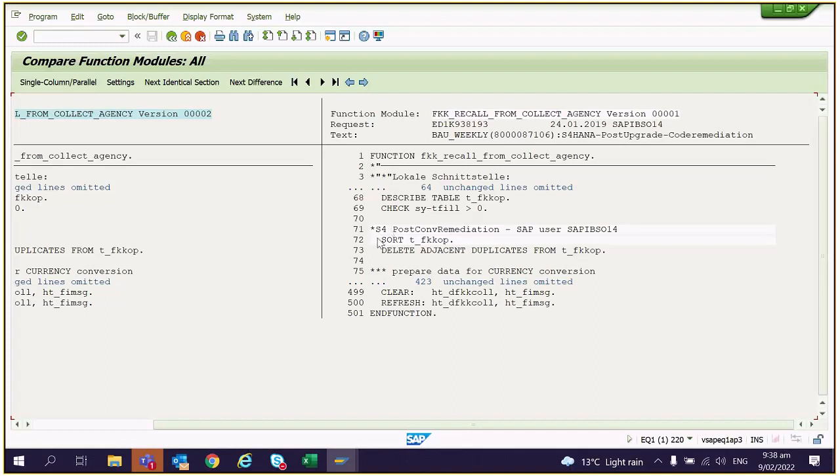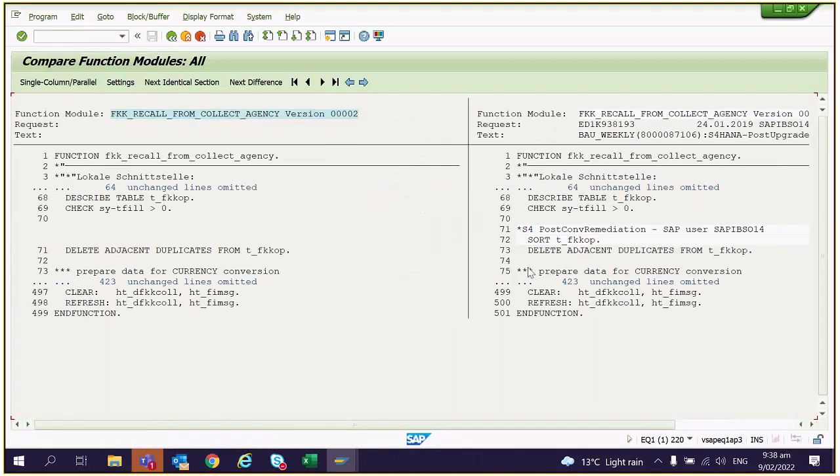Even insert comes when it's a custom change, when we have done the custom change, but this is the post upgrade remediation which was done by SAP after the upgrade had completed. So logically, we should also be implementing this in our code. So there is a sort statement here,